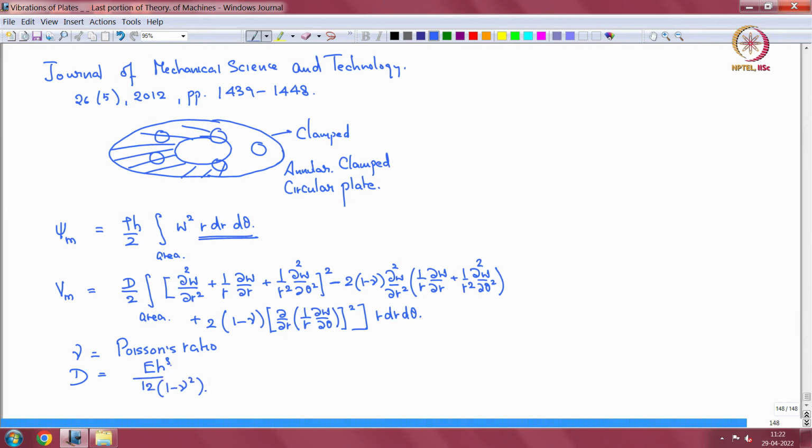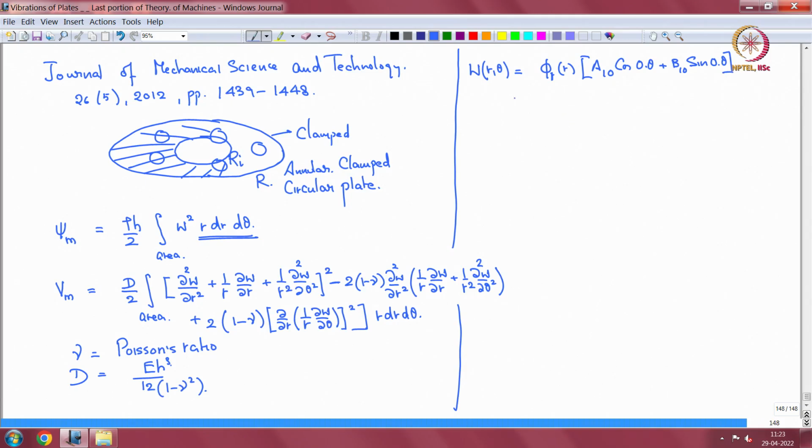Okay, and what sort of functions, how do you choose the functions now? It's an annular plate, so this is inner radius, this is outer radius. So let me write that way. You choose first r comma theta in this form, which is phi 1, we will tell you phi 1 later, phi 1 r into a10 cos 0 theta plus b10 sin 0 theta, which is 0,